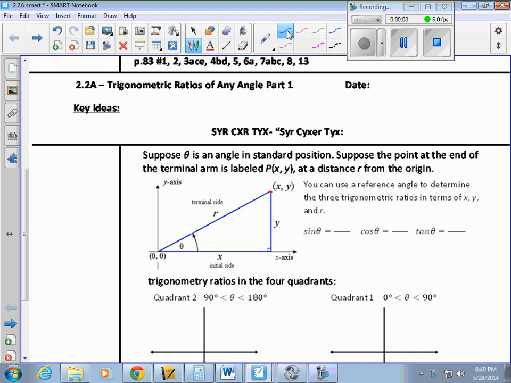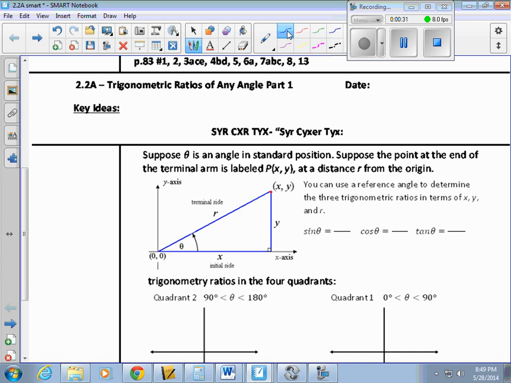2.2, I've done it in two parts. The first part we are looking at trig ratios of any angle. So the key part that we're looking at here is another trig acronym called CAST... called TRIG. So TRIG is just a way of remembering